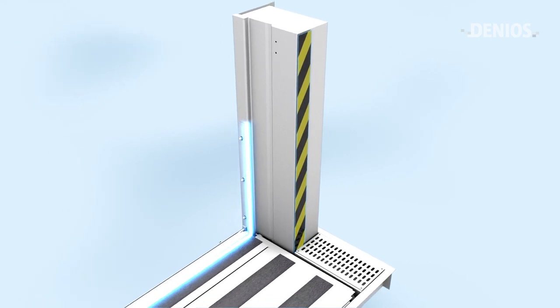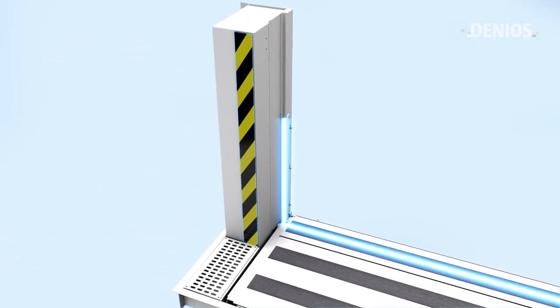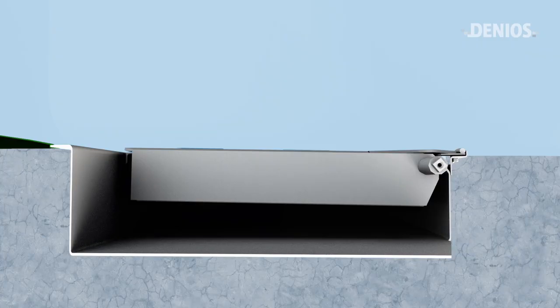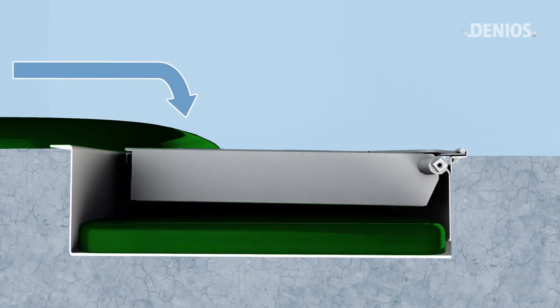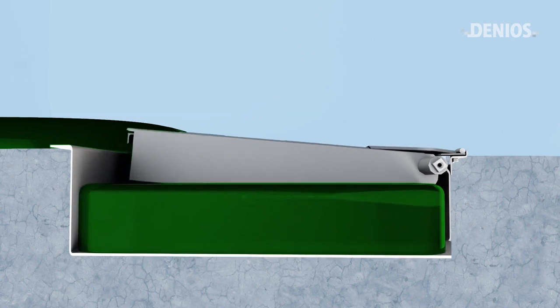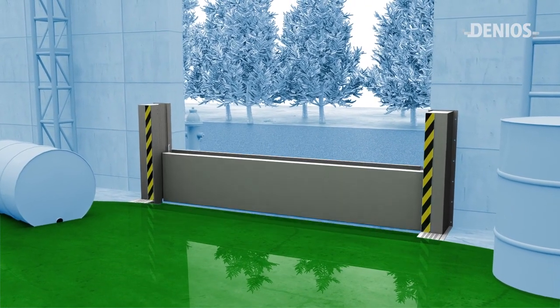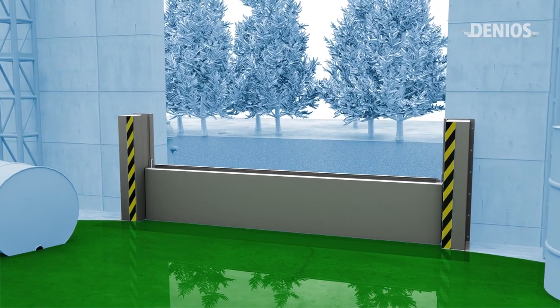A chemical-resistant gasket runs the entire length of the sump from pier to pier, providing a liquid-tight seal. When a flow of liquid reaches the barrier, it's collected into the sump that houses the barrier wall. As the volume of liquid increases, it displaces the wall from its horizontal position. The built-in mechanisms then bring the barrier to its full upright position, containing or holding back the impending liquid, keeping